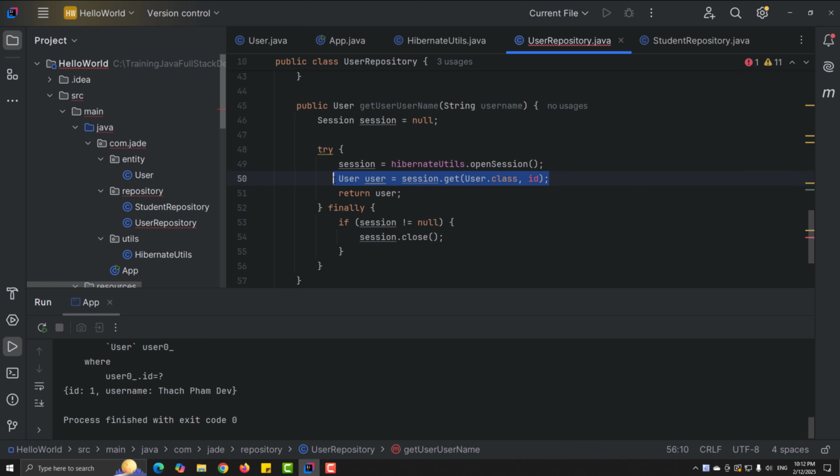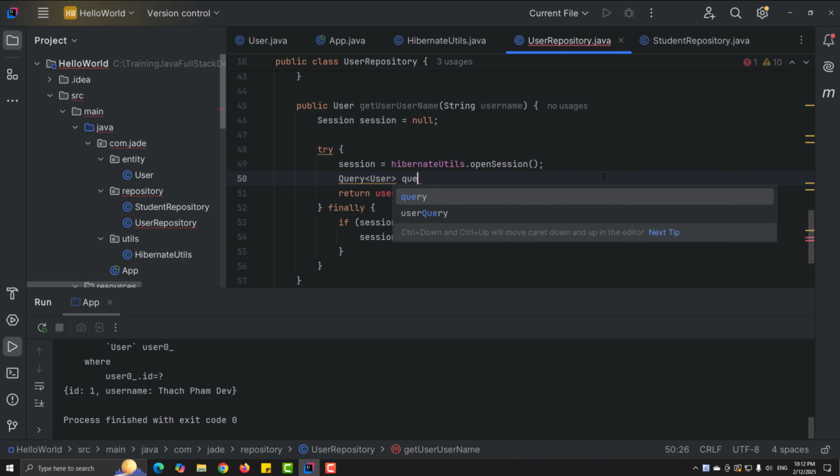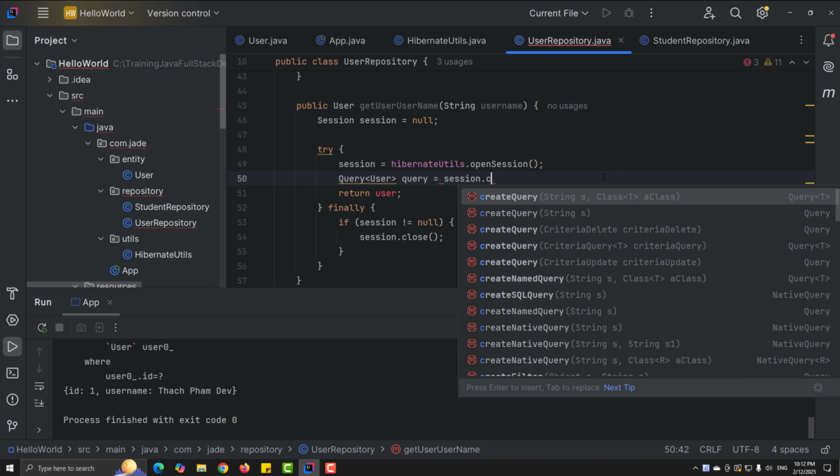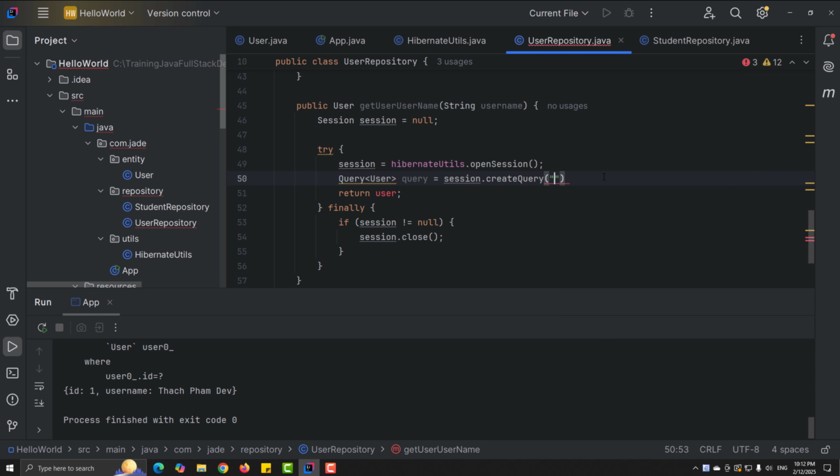And now instead of using get and putting the ID, we will create a user query, because now we need to search the data with the username. So we need to create a query, and in here we put a query like this,